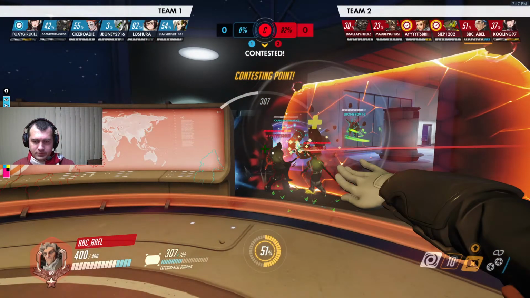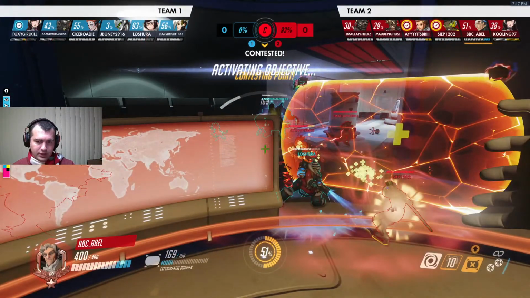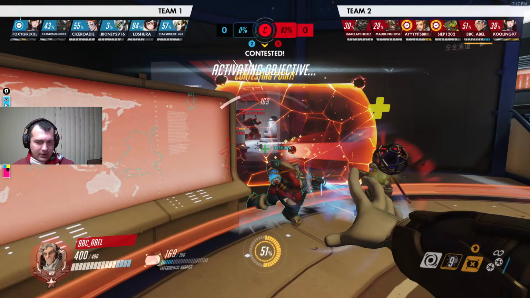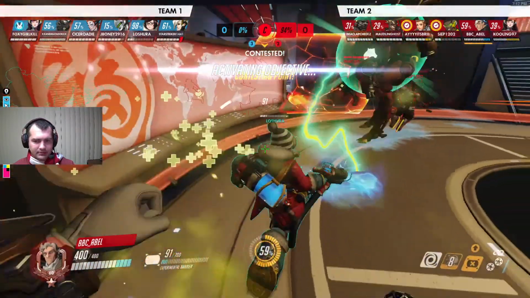Here we are. Here's our barrier out, not doing us a ton of good. We could recall our barrier. We could. Unstable. We could recall that barrier. It's even telling us to recall the barrier. If we'd recalled the barrier...